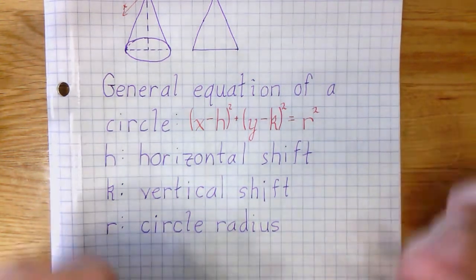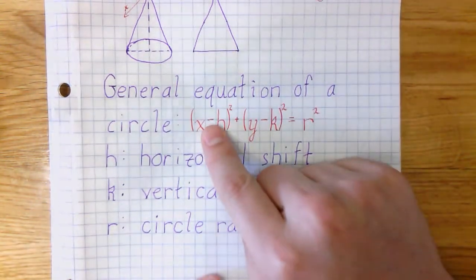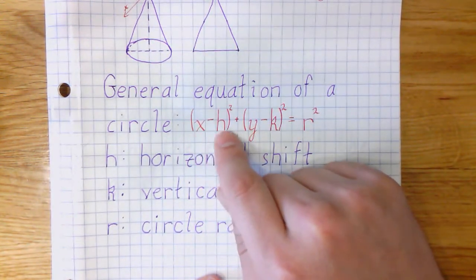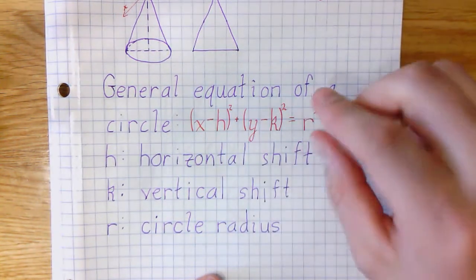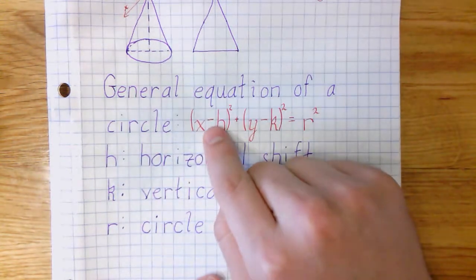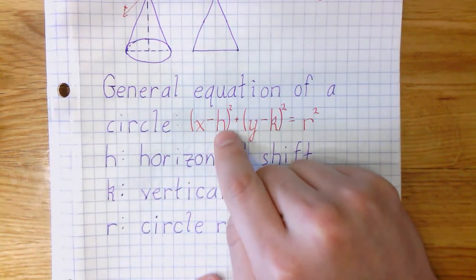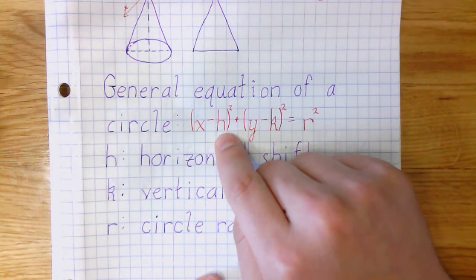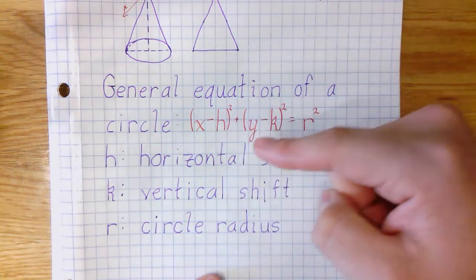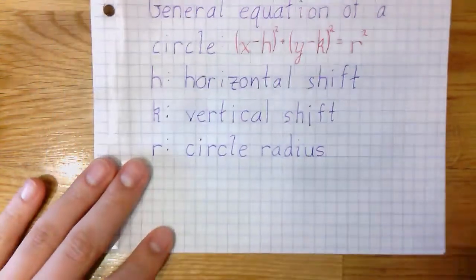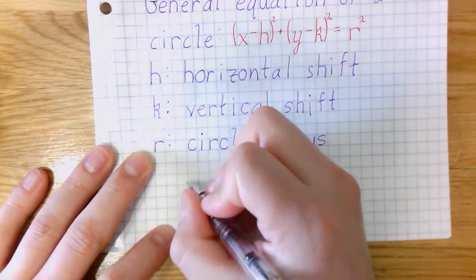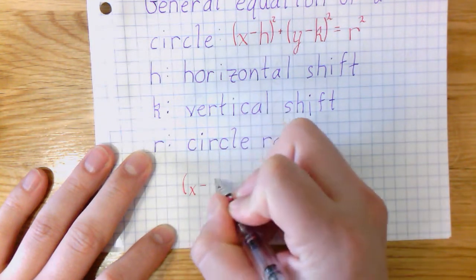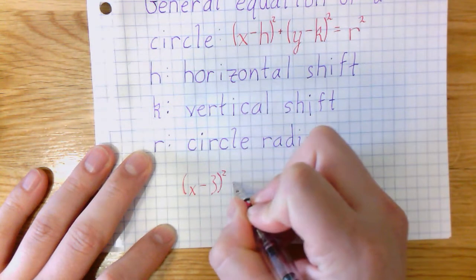Okay, the other thing we need to talk about is this is minus h and minus k. So if you saw x minus 3, h is positive 3, because the minus is part of the equation, it's not part of the value of the number. So whatever number you see in here, switch the sign and that's actually h. So for example, if we had something like, let's say, x minus 3 squared plus